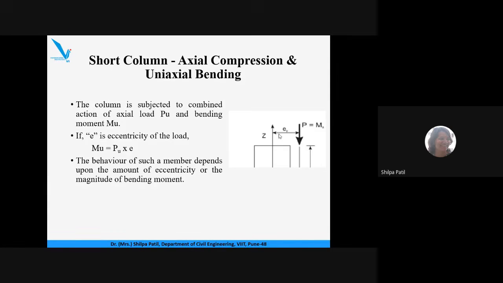But when a load is acting on a column through a certain eccentricity, obviously the strain development will not be uniform across the cross section of the column. If you consider the same diagram here, the load is acting at this particular point. It means the column portion very close to the external load is compressed more as compared to this part of the column. So the strain developed in this area will be more and the strain in this part will be less. So the variation of the strain across the cross section of a column is not uniform when a column is subjected to combined action of bending as well as axial load.